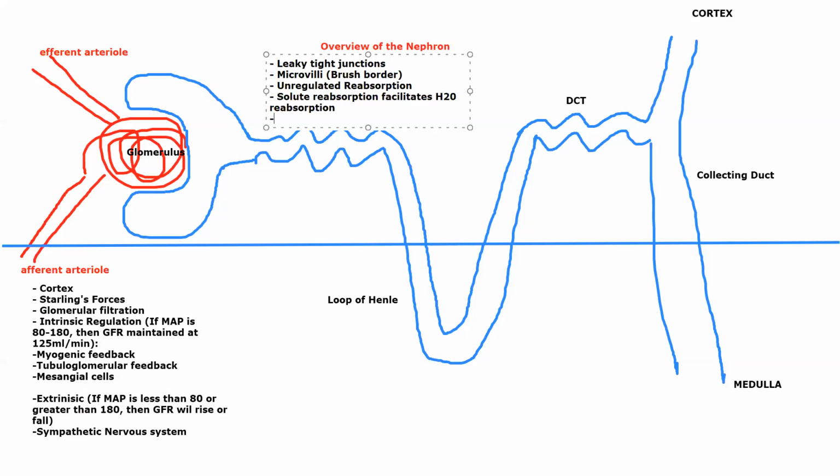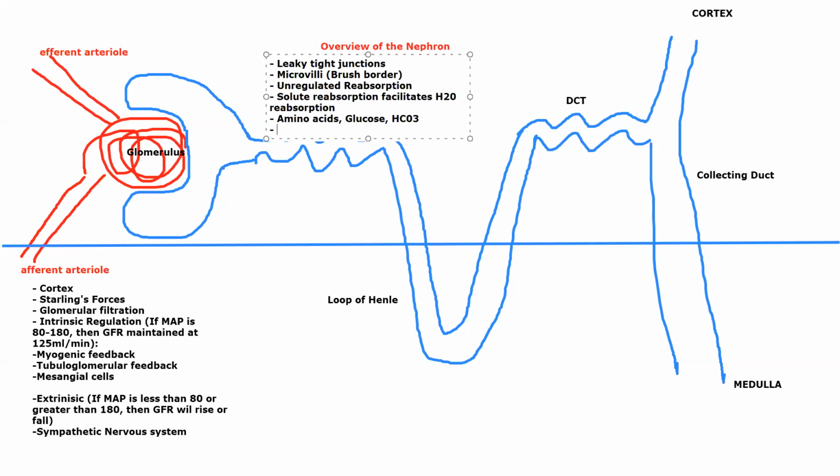Alrighty. Other things that are reabsorbed here, we know amino acids, glucose, right? 100% of the glucose that is filtered out. We talk about bicarb being reabsorbed here, as a part of our acid-base balance. Bicarb, glucose, water, amino acids. Yeah, so those are the most important things that are reabsorbed in the proximal convoluted tubule. This reabsorption happens unregulated according to the leaky tight junctions and the enhancement that is brought about by that microvilli,